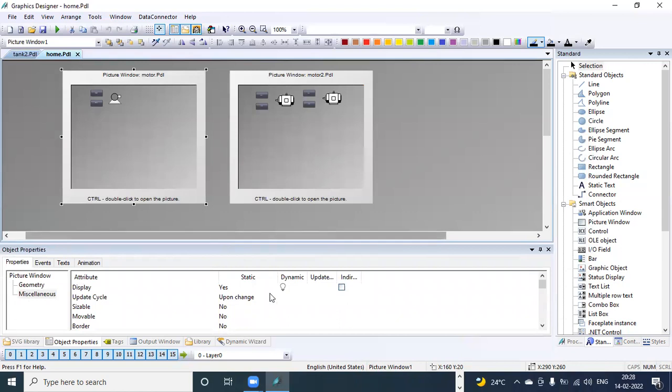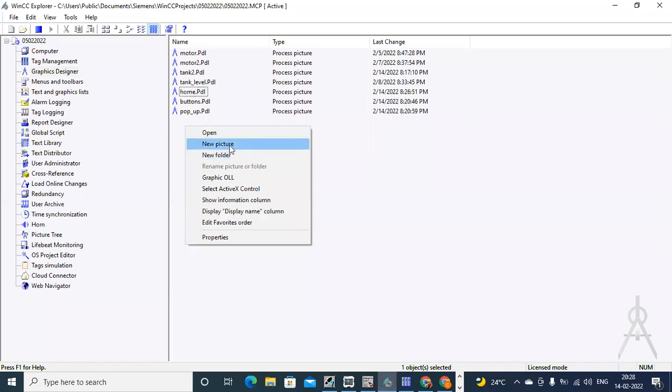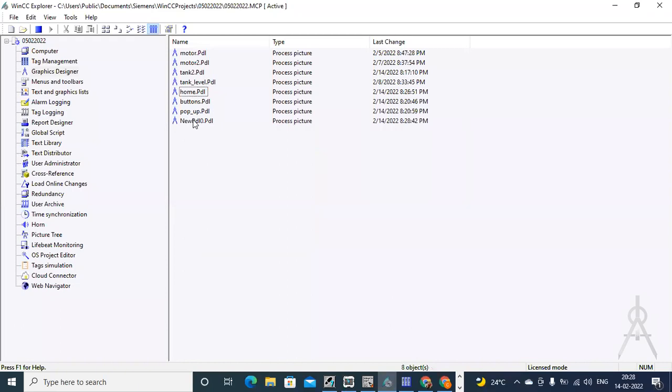what I do, I create one more picture here for home, like picture, and I give the name as welcome. Okay. Now in the home window,